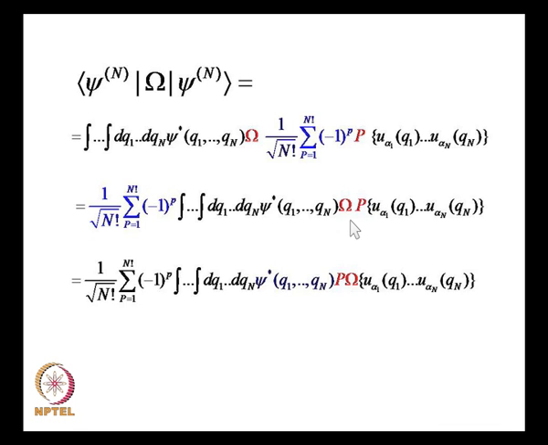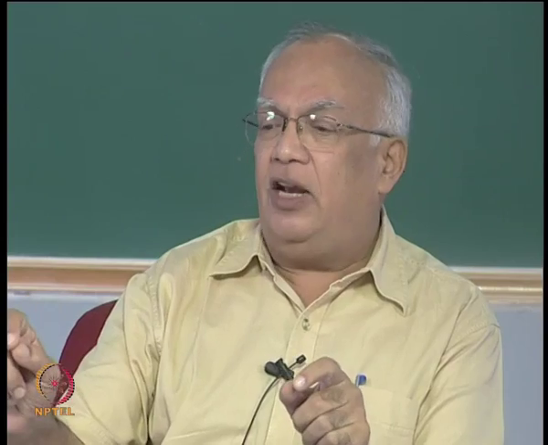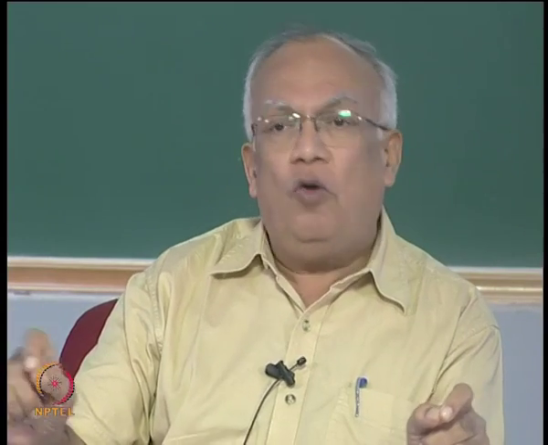These are the two operators which stay over here, omega p, right. What is omega? Omega in our context is going to be either the single particle operator H1 or the two particle operator H2, and both of these operators do not care whether you are calling this electron 1 and this electron 2 or vice versa,